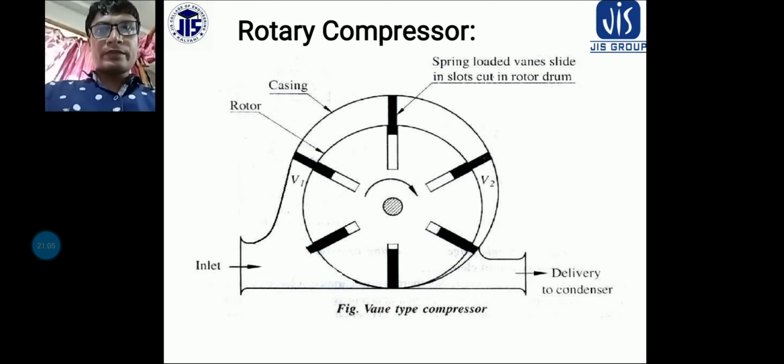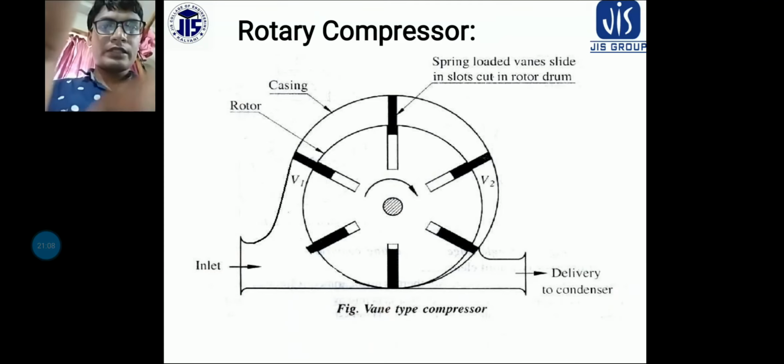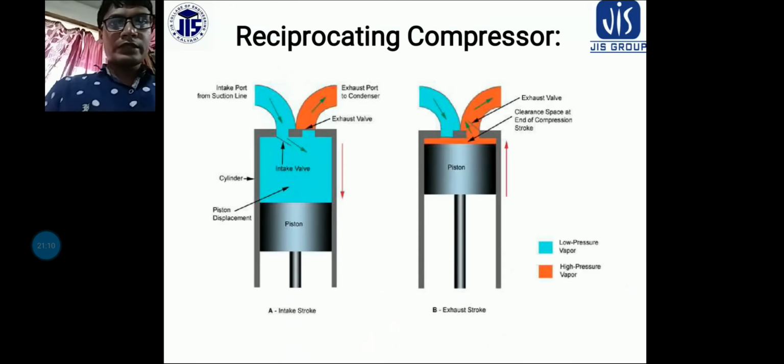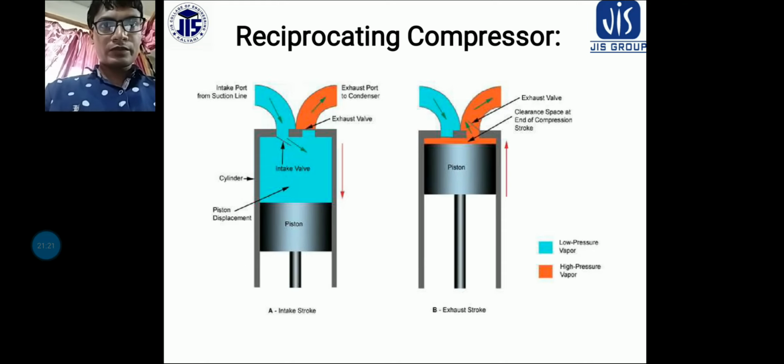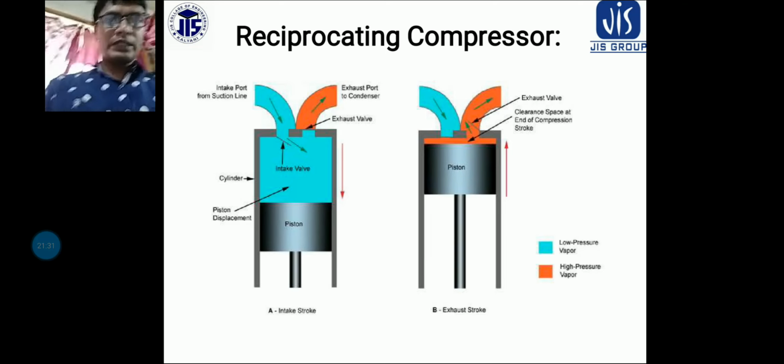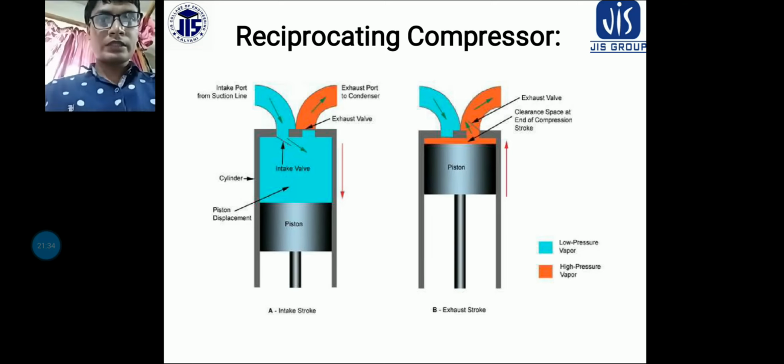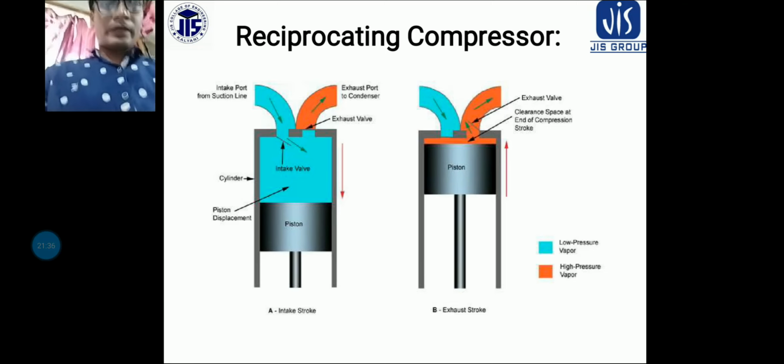After that you need to know the swept volume. Okay, so we are talking about the swept volume in case of reciprocating compressor. So the swept volume is basically the volume swept by the piston when it moves from its top or inner dead center position to the bottom or outer dead center position. Okay, so Vs is the stroke volume, it is equal to pi by 4 d square L.